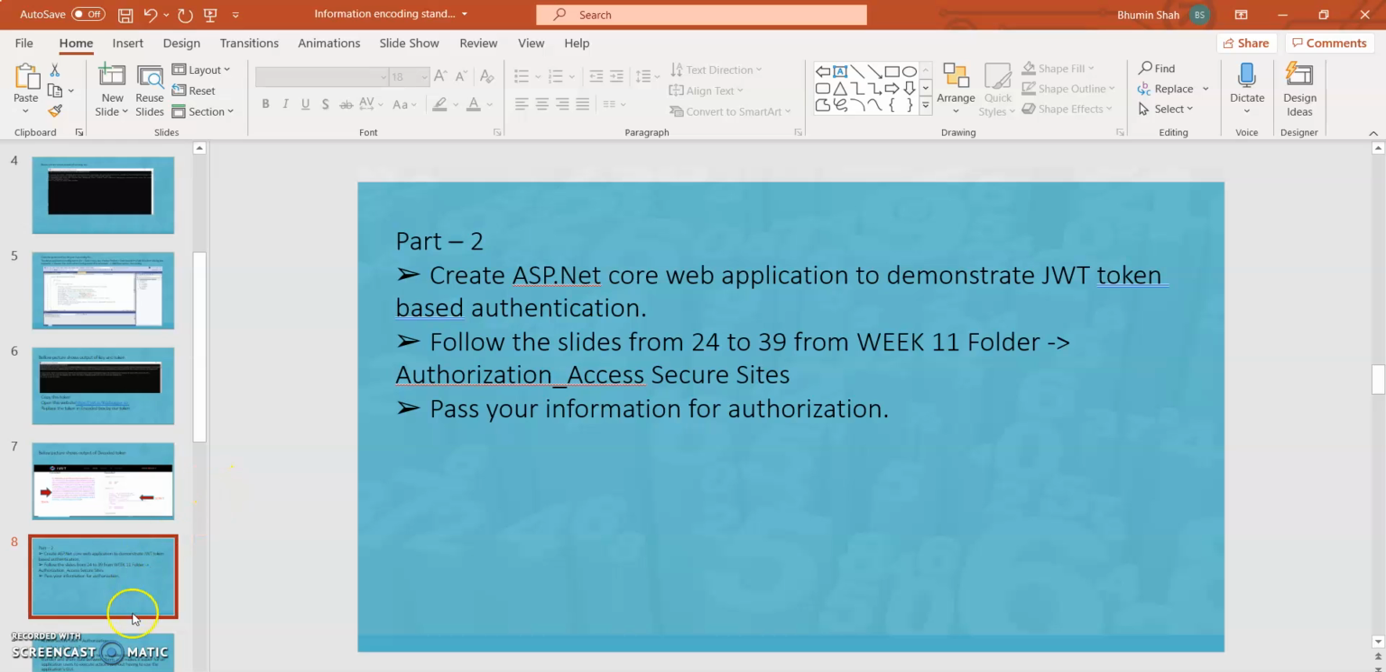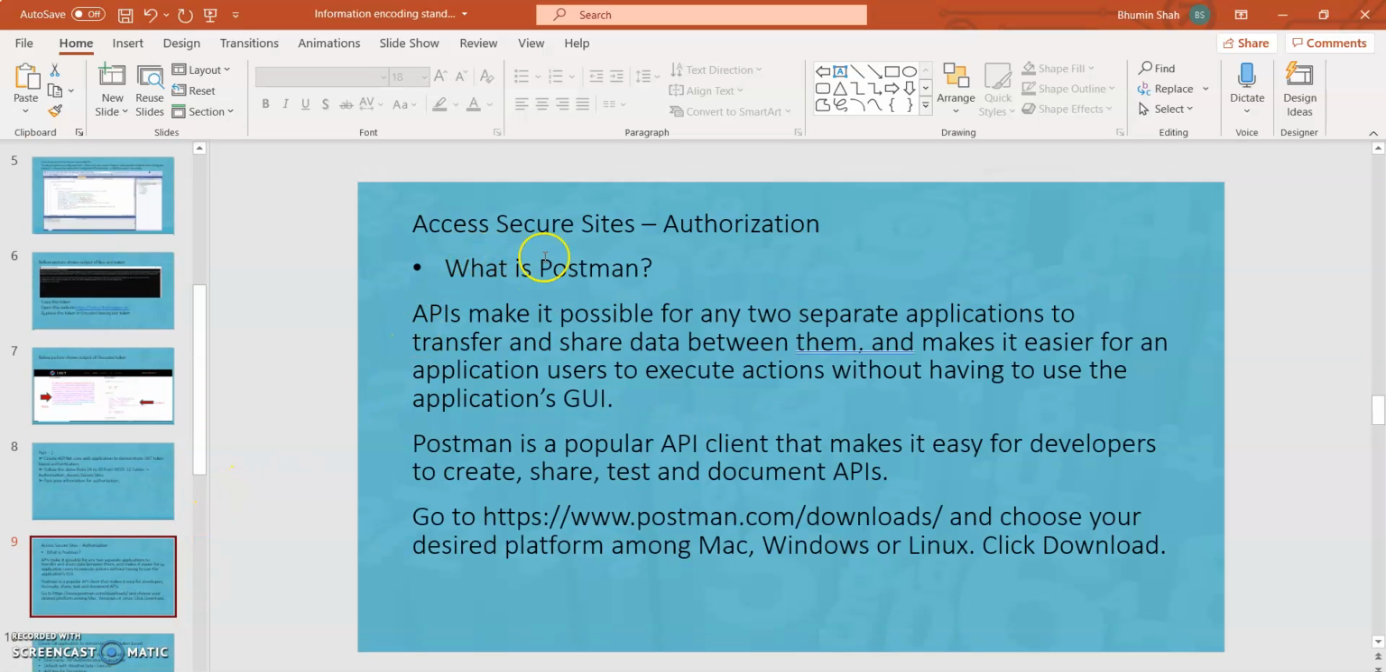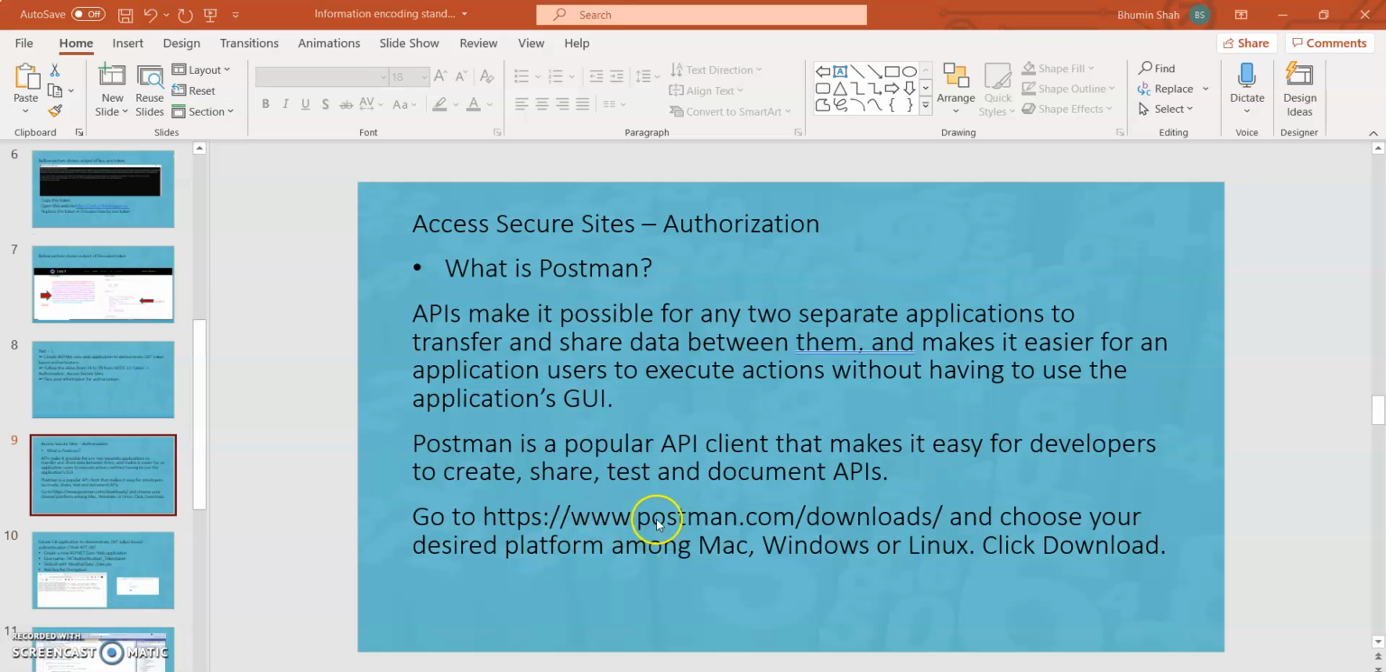authentication. So first of all, what is Postman? The API makes it possible for any two separate applications to transfer and share data between them, and makes it easier for an application user to execute actions without having to use the application's GUI. So Postman is a popular API client that makes it easy for developers to create, share, test, and document the APIs. So now go to this website postman.com and